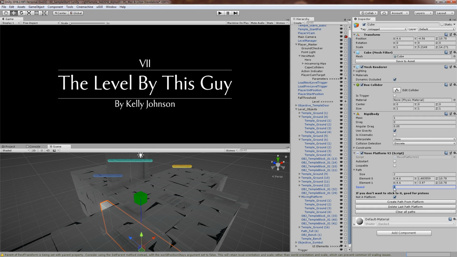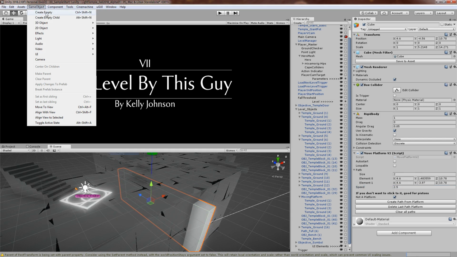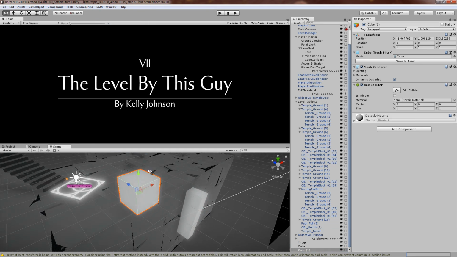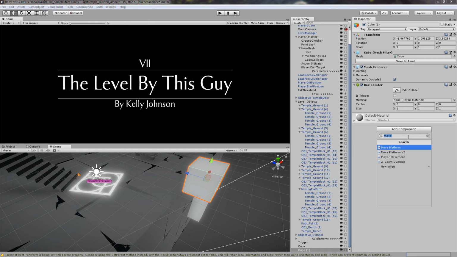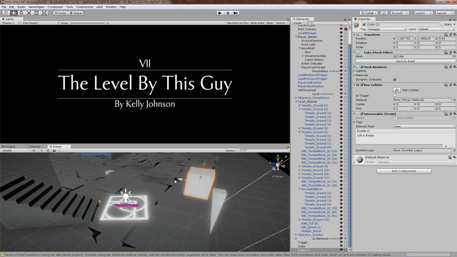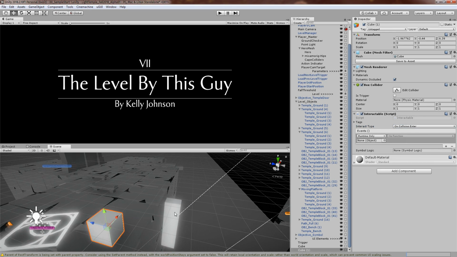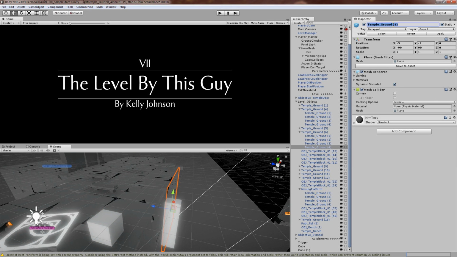So, we're gonna have this speed like 2.5, and we can have this activate the same way we did before. We just go and create a new object, a cube. We're gonna add a component. We're gonna make it an interactable script, and this time instead of making a trigger, let's just say if we touch this box, because we like touching a box, we're gonna set the interact type to on collision enter. And let's just click the plus to add an event. And where's that wall? Let's name it something. So you can click and drag it here